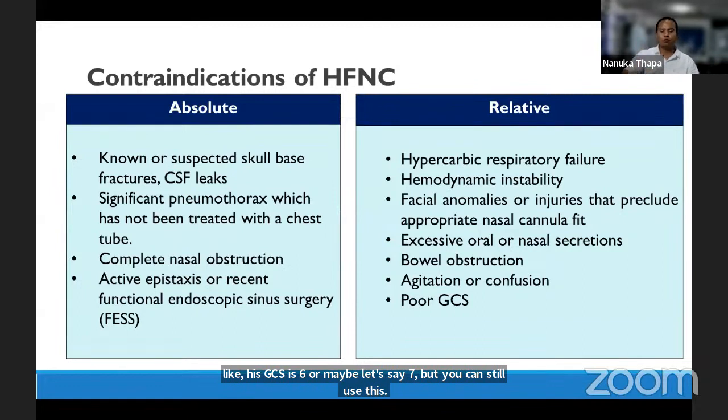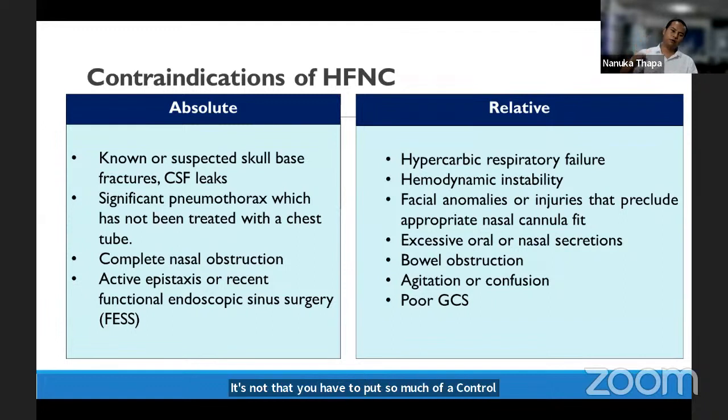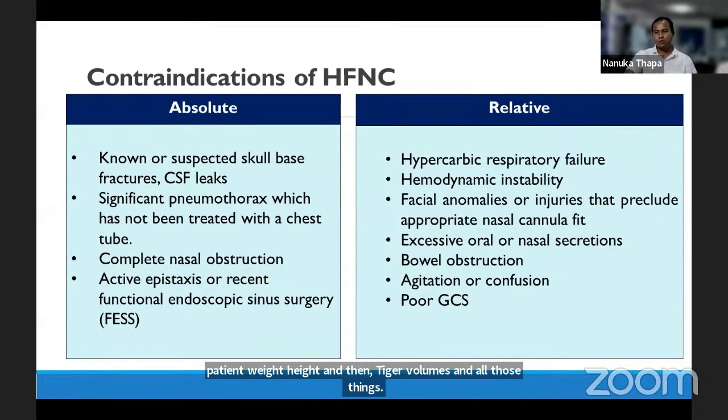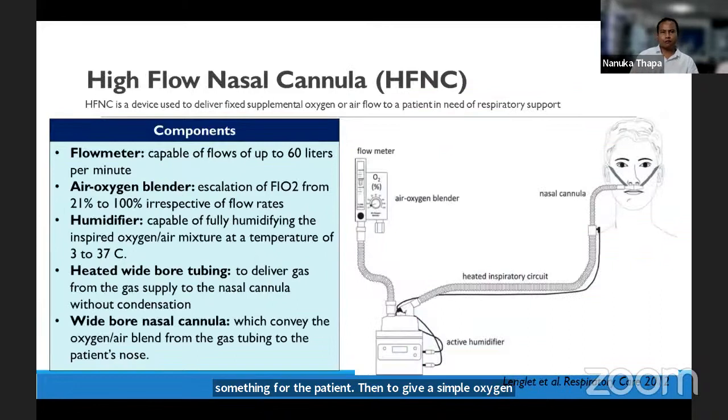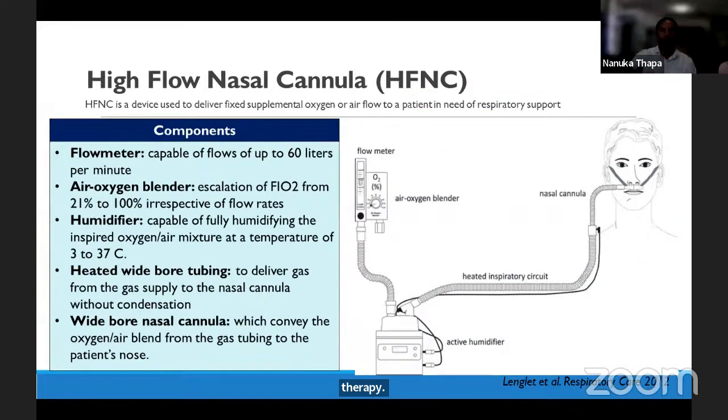It's not that you have to put so much control or input on the machine according to the patient's weight, height, and tidal volumes and all those things. It's quite easy to install. By the time, it will buy some time for the patient rather than giving simple oxygen therapy. So, high flow nasal cannula, what are the components we have? We have the flow meter, like I already